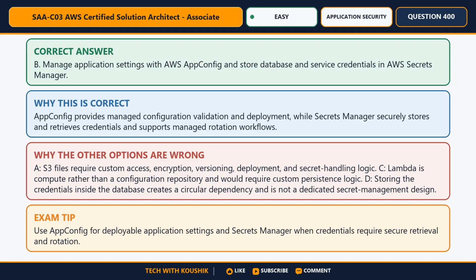The correct answer is B. Manage application settings with AWS AppConfig and store database and service credentials in AWS Secrets Manager. Here's why. AppConfig provides managed configuration validation and deployment, while Secrets Manager securely stores and retrieves credentials and supports